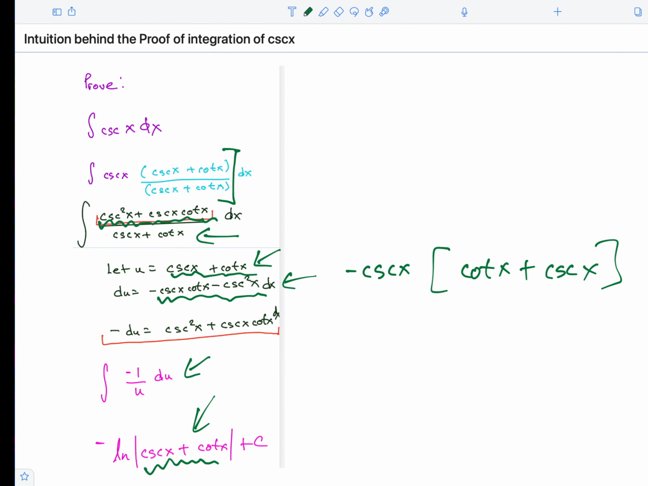So the intuition behind it was the ability to see that if I took the derivative of this, I would arrive at this, because if you distribute cosecant x into cotangent and into cosecant, you get back there. And so the idea is when you get stuck,